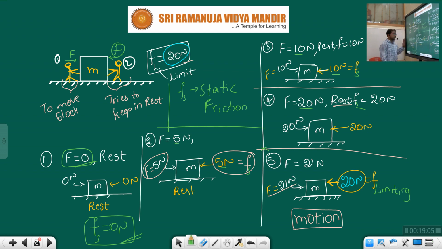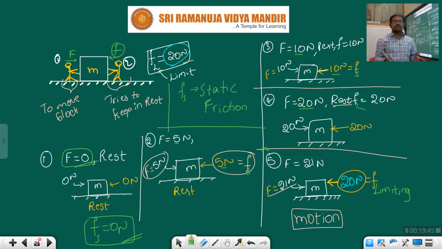See, children, maybe it is in rest condition now, but if I increase the force, slowly it starts moving. Means up to some level, the friction force can resist my applied force, and this board can be in rest condition. If I increase my force further, the friction force can't oppose that much, so the body will move. Any heavy object, children, up to some level it will be in rest. If you keep on increasing the applied force, then obviously the block will come into motion, right? It has a limit.